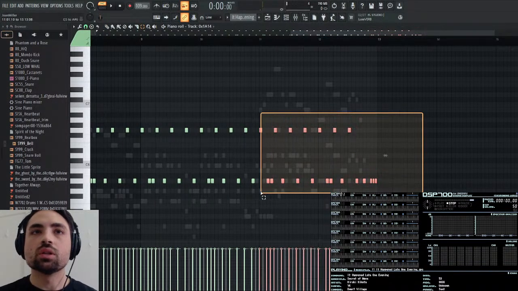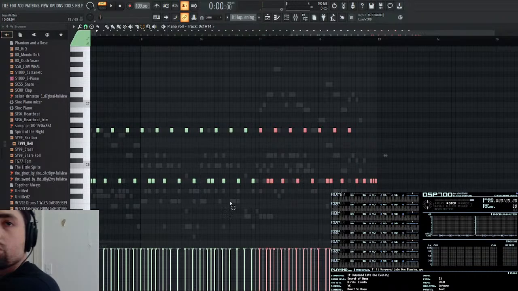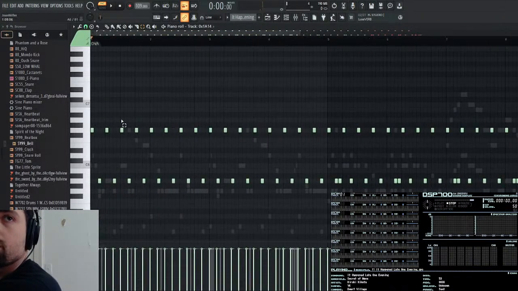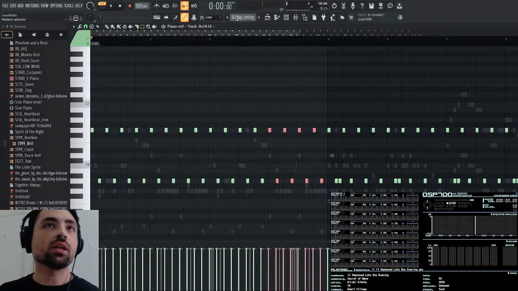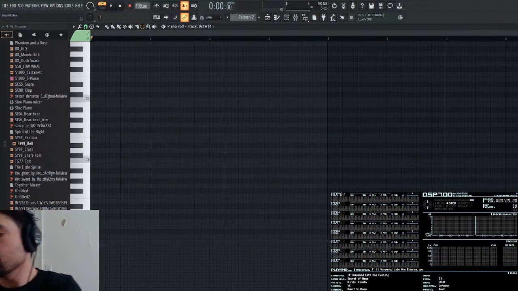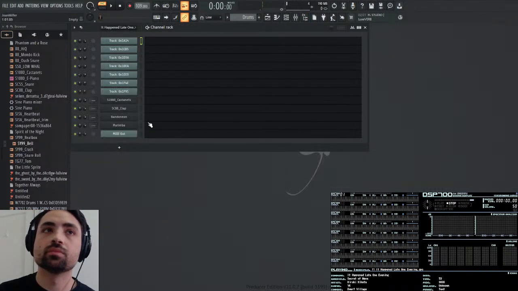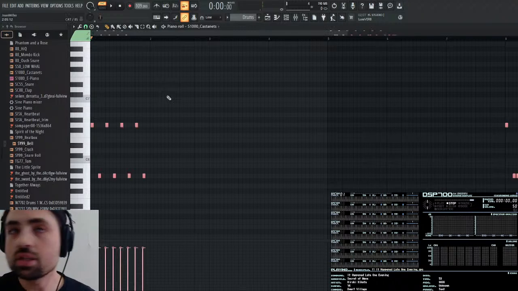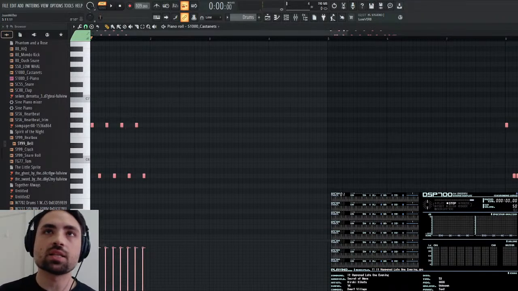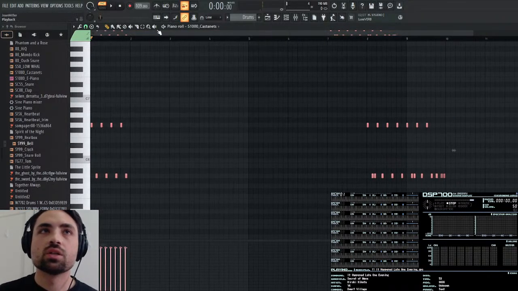So let me grab this, drag first and then Ctrl+Shift, and I'm going to select this bar. Let me copy that, go to find first empty, and call this drums. Now the top note is the castanets, because the castanets play first. So what I'm going to do is remove this space.